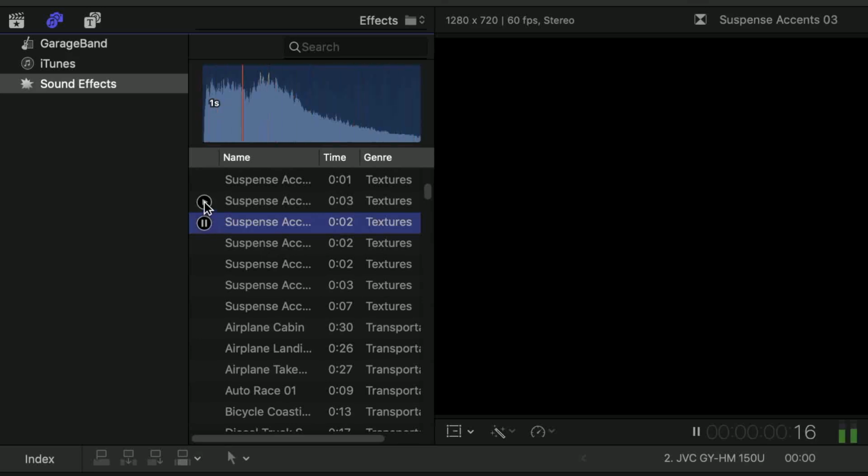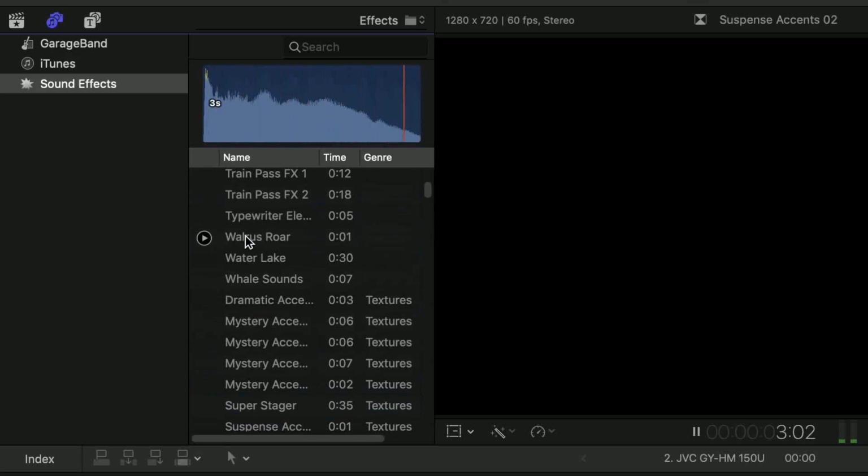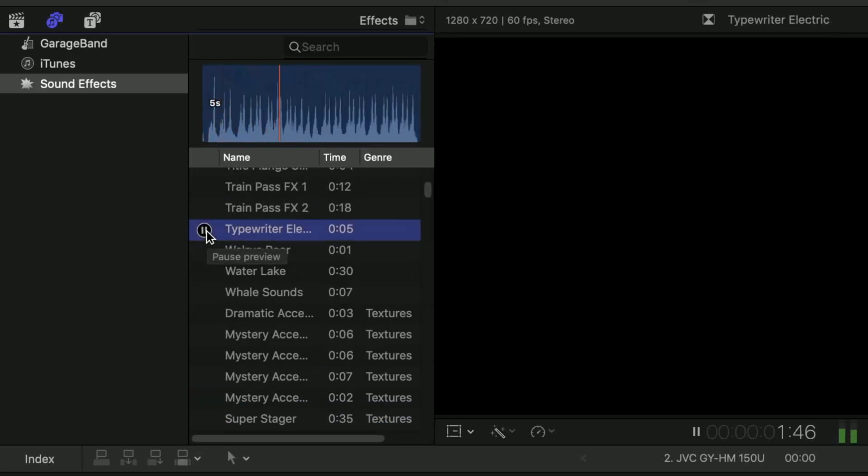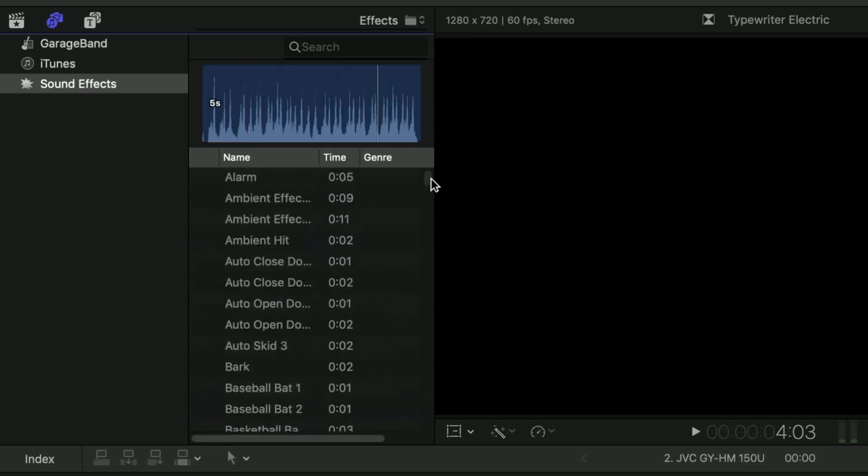Suspense. Typewriter. So all I'm really saying here is play around with these effects. There's plenty of them in here, and you may find that they enhance the material that you're working on. The third button, we click here, is basically